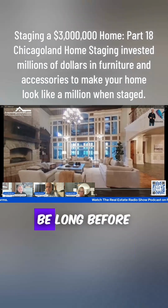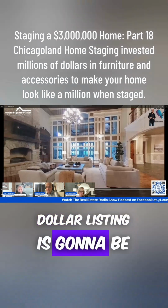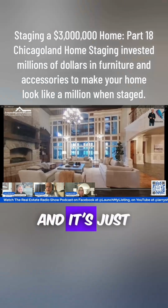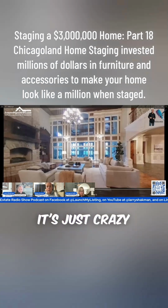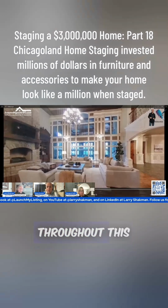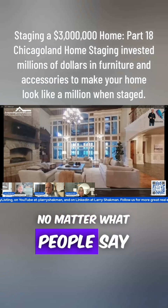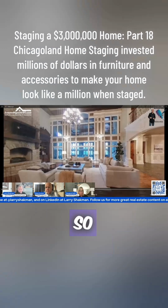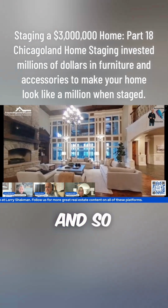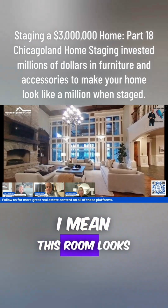It's not going to be long before a $1 million listing is going to be a bread and butter listing. It used to be $400,000. It's just crazy how pricing has evolved throughout this. And they're not going down no matter what people say. We're not going down. So let's keep this rolling here. And so, this room looks